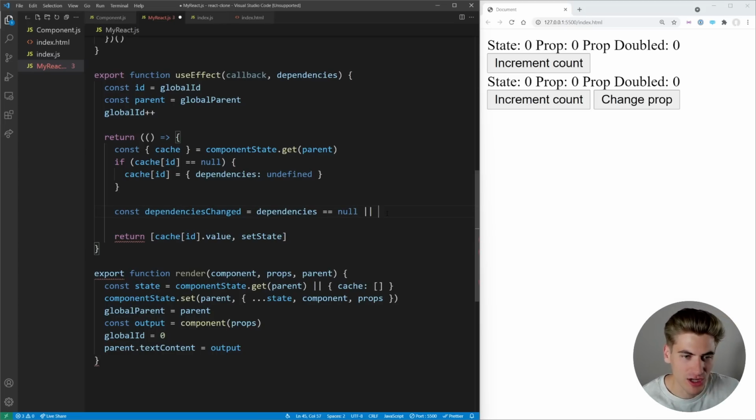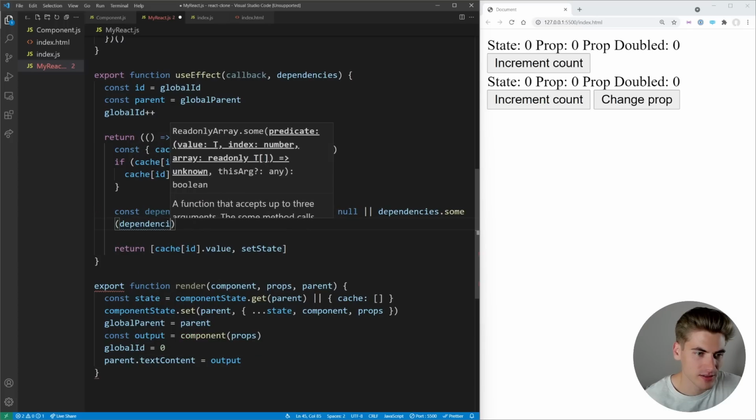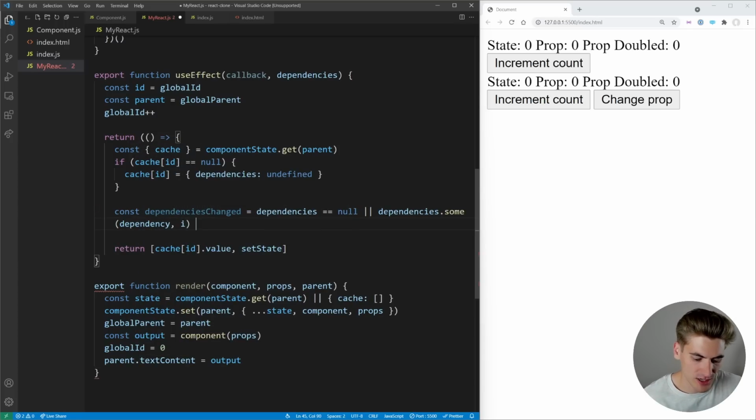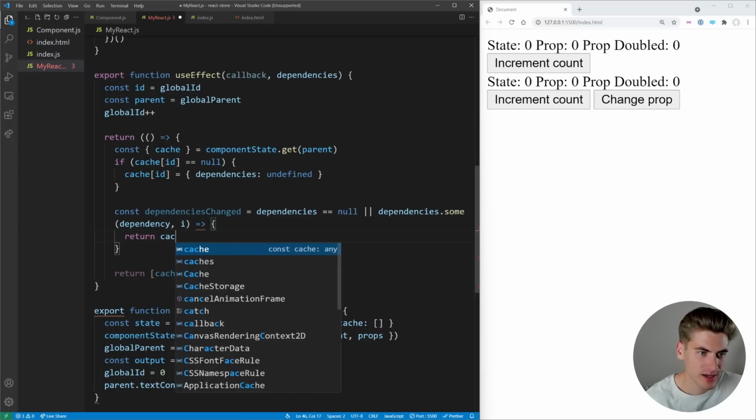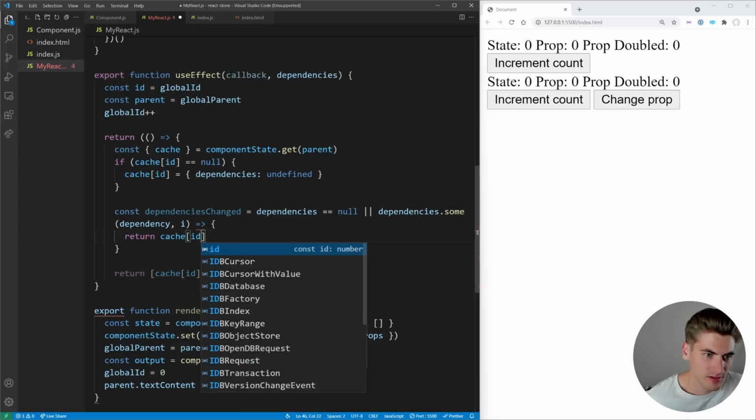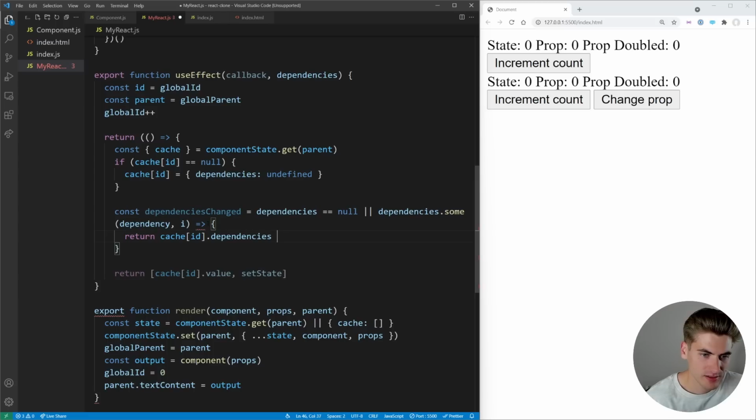then we can come in here and check, hey, do we have any changes now? To do that, we can just take our dependencies and check, hey, are some of our dependencies different from the previous dependency? So for each dependency and each index, we want to do a simple return, and we first want to check to see if our cache ID dependencies